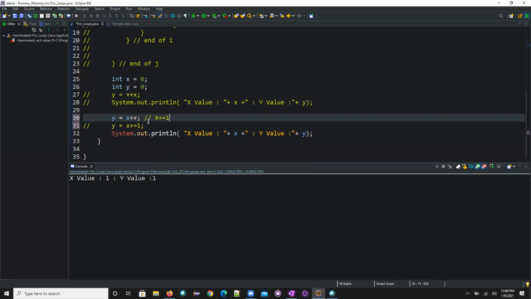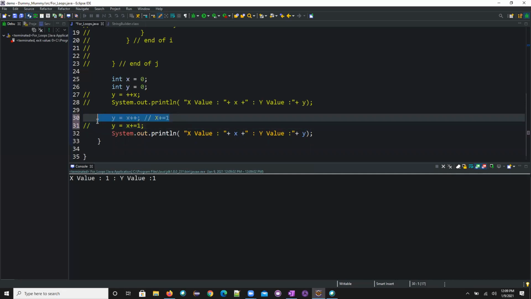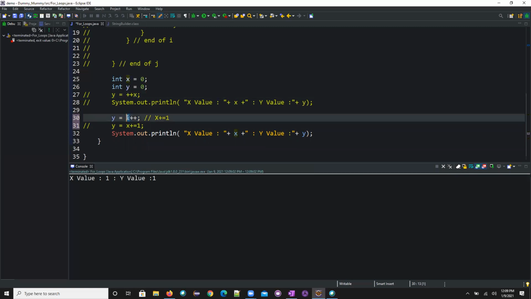So did you understand this particular pointer? There is a small change here, and I'll explain that one. So the second step is clear for you, guys? Any questions around this one? So yeah, the basic difference is first it will do the increment and then it will take the new value. Here it will take the old value and then later on it will do the increment.